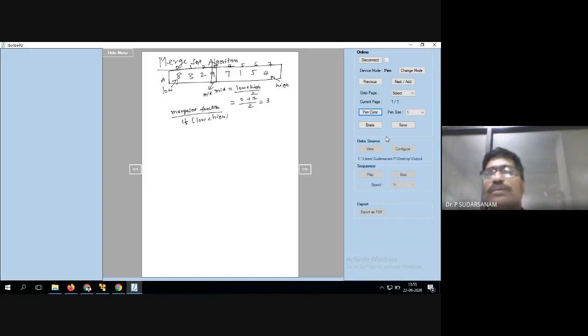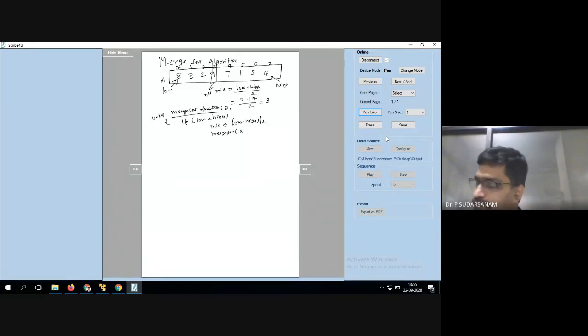For this function, you have to write it now. Mid is equal to low plus high divided by 2. Now you have to call the same function, the merge sort function only. Write it as void, with the open bracket and close bracket also. Merge sort, you write the array, here also a comma array.